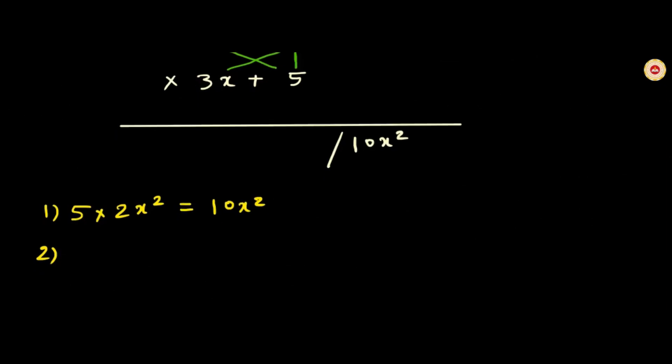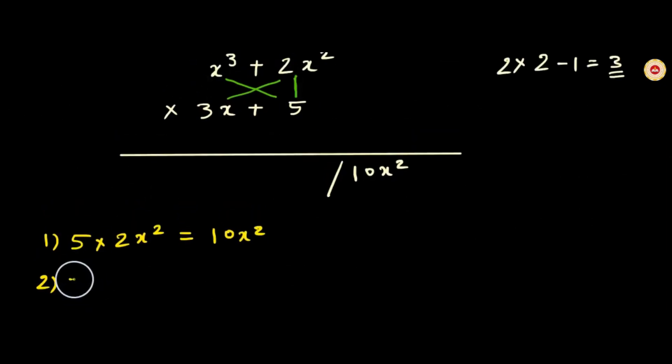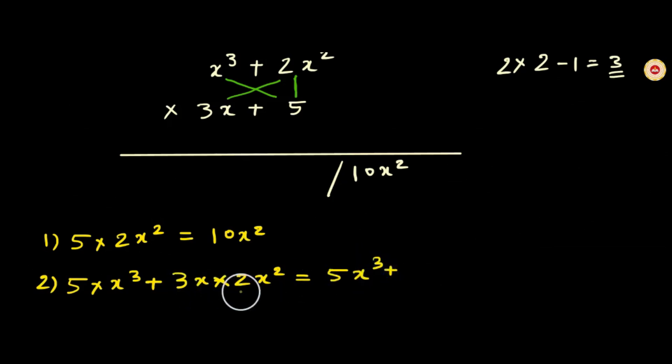So step number 2 is 5 multiplied by x cube plus 3x multiplied by 2x square, which is equal to 5x cube plus 3x multiplied by 2x square, that means 6x cube, which is equal to 11x cube, right? So write this answer 11x cube in the second part, that means the middle part,